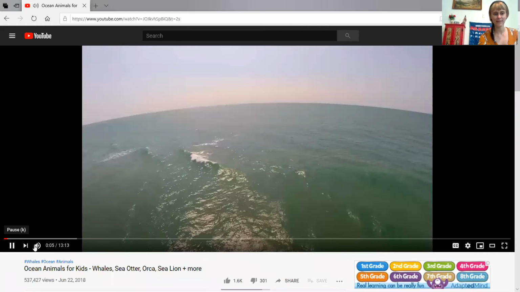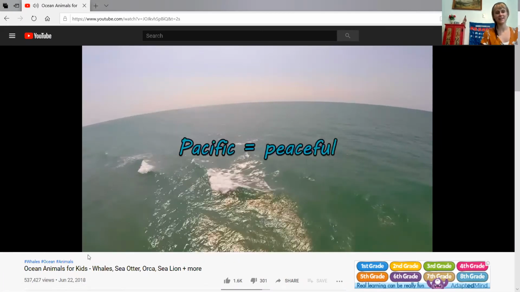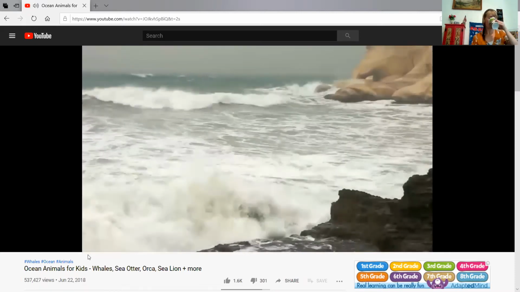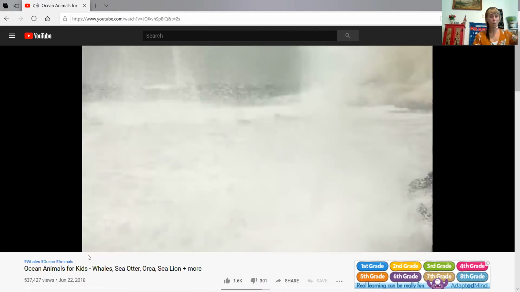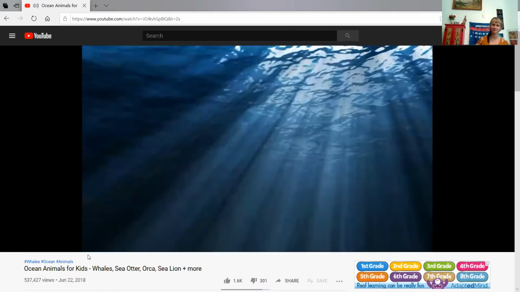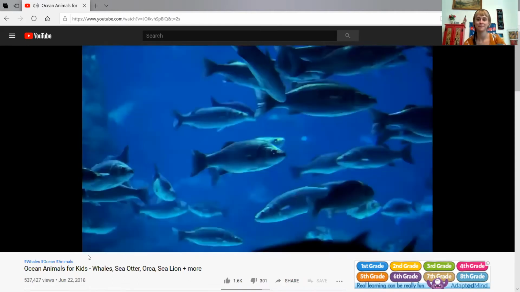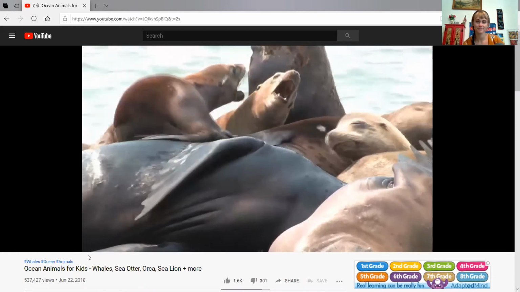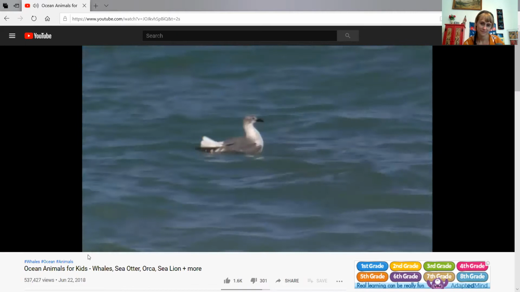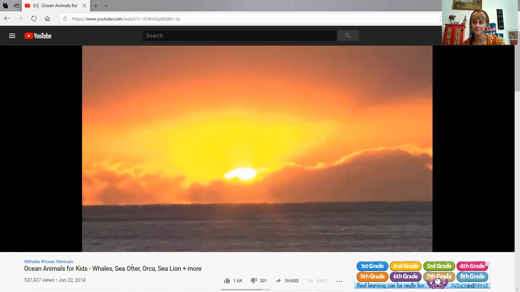Oceans, they're all connected to each other. The biggest ocean is called the Pacific Ocean. Pacific means peaceful, but this ocean can have giant waves. Doesn't look so peaceful to me. There are many amazing animals that live in the Pacific Ocean. Some are huge, some are tiny. Some are fish, some are mammals, some are crustaceans, some are squishy invertebrates. There are even birds that spend their whole lives on the Pacific Ocean. Let's go see!